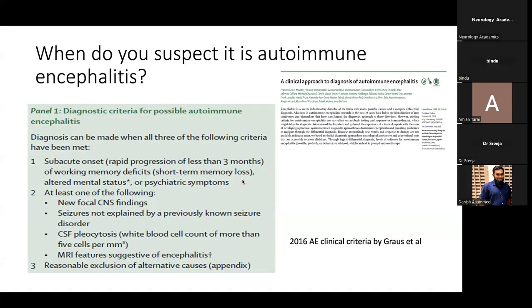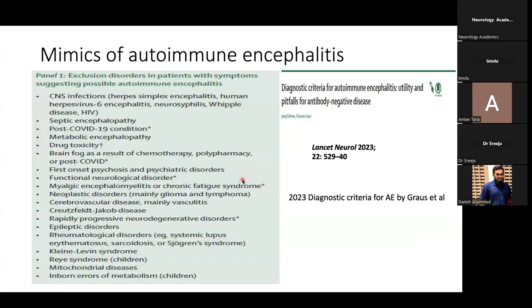Now come to the mimickers of autoimmune encephalitis, which is an exhaustive list. So let us go step by step. First, we have to exclude CNS infections like herpes simplex infection, human herpesvirus 6 encephalitis, neurosyphilis, Whipple's disease, and HIV, post-COVID, drug toxicity, and also sometimes a first onset of psychosis or psychiatric disorder may present like autoimmune encephalitis, as can functional neurological disorder, chronic fatigue syndrome, Creutzfeldt-Jakob disease, neoplasm, mostly glioma and lymphoma, and rapidly progressive